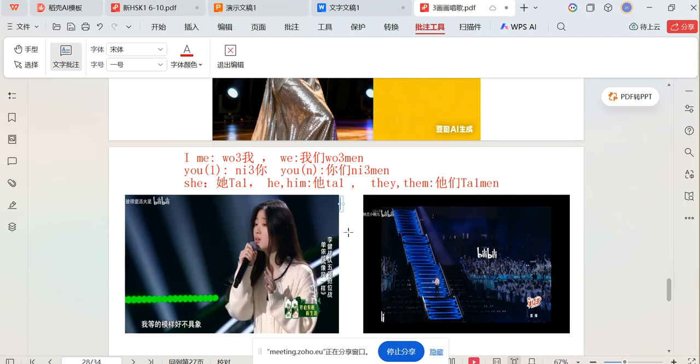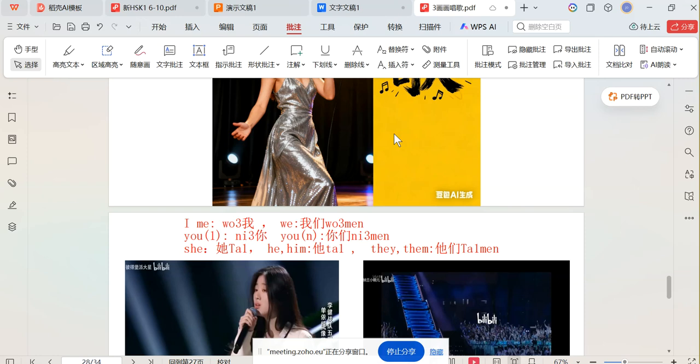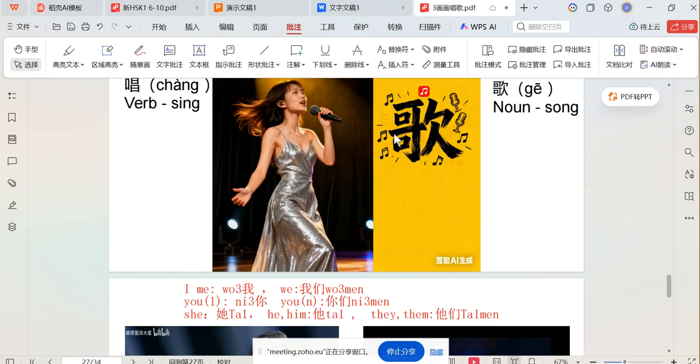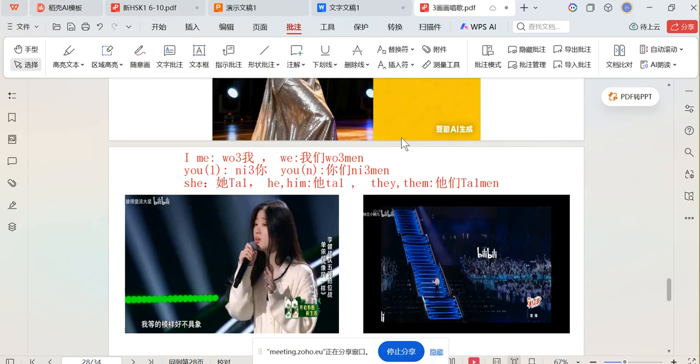Got it? So let's say they are singing. How do I say they are singing? 他们在唱歌。